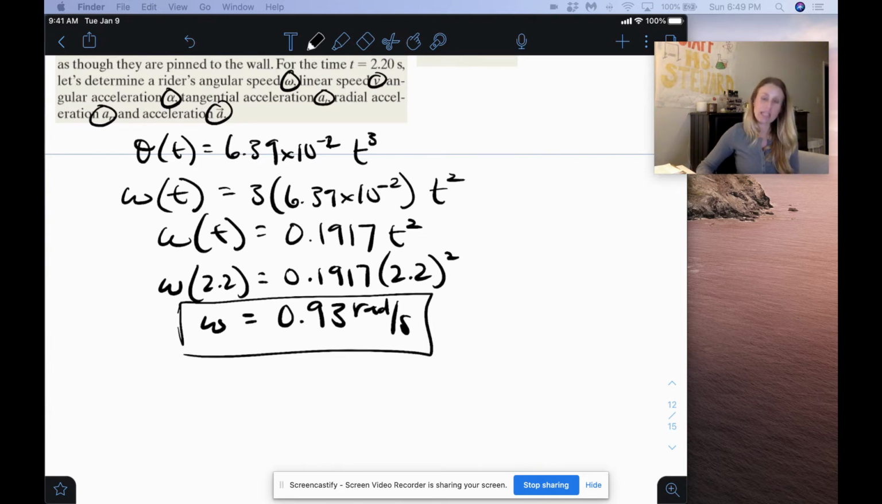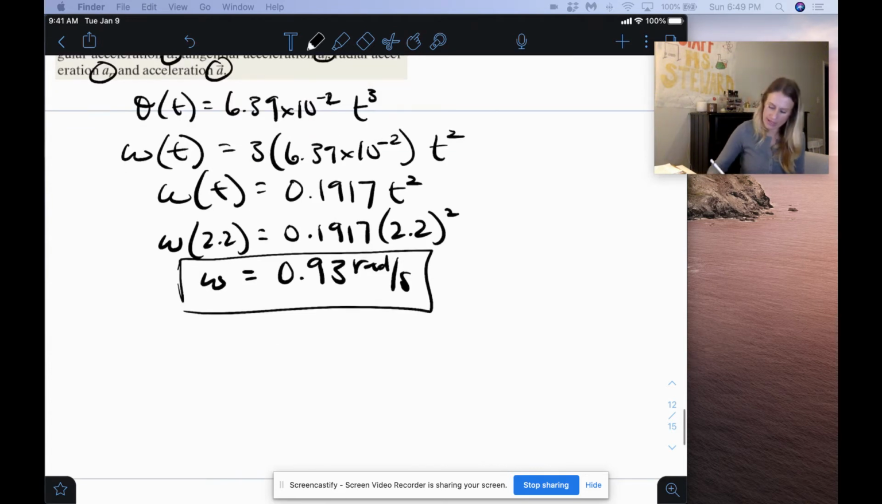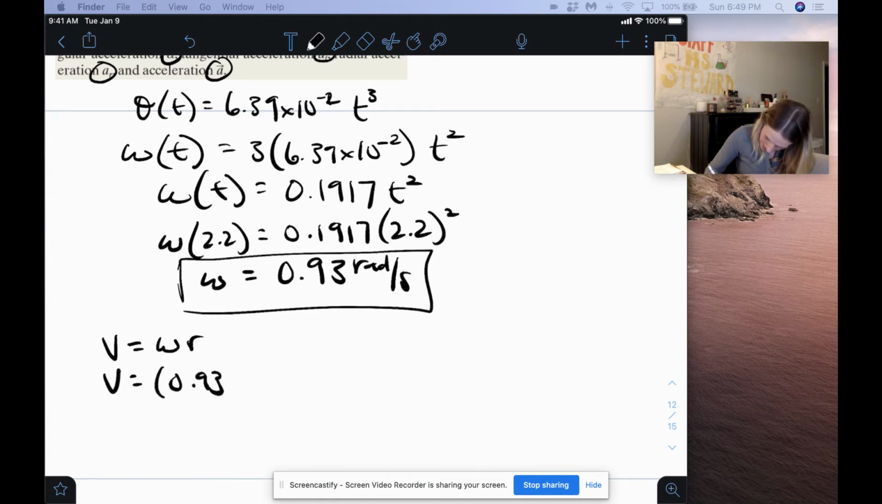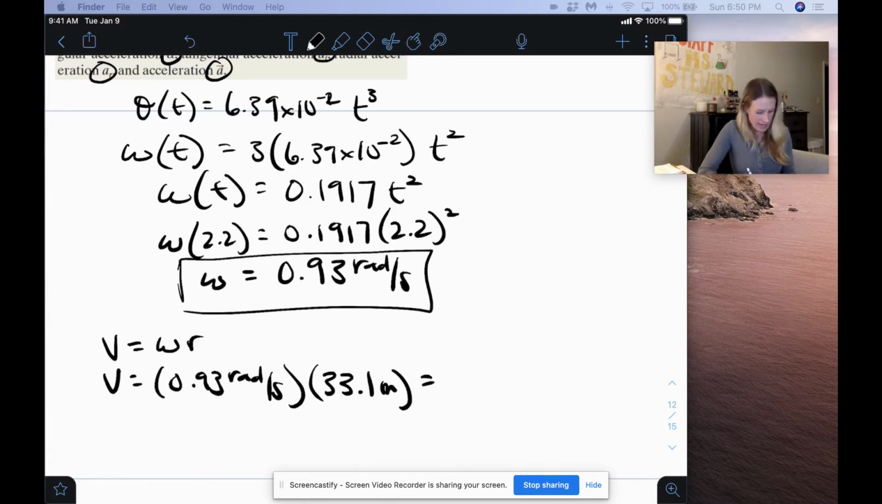Next, we want to find linear speed. When we're looking at linear values and we're getting them from angular values, we use this equation here. This one is on your equation sheet. So the linear speed will just be this angular speed, 0.93 radians per second, times the radius, which they give us as 33.1 meters. So here we get 0.93 times 33.1, which is 30.8